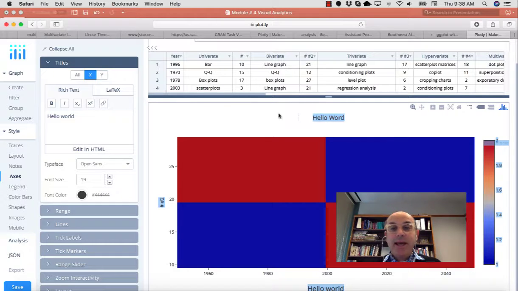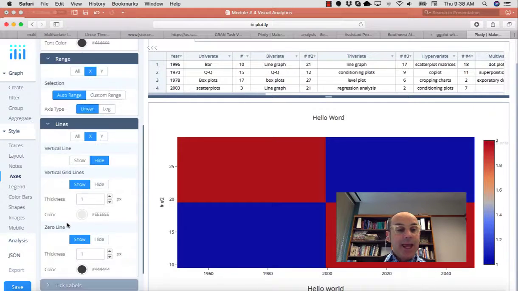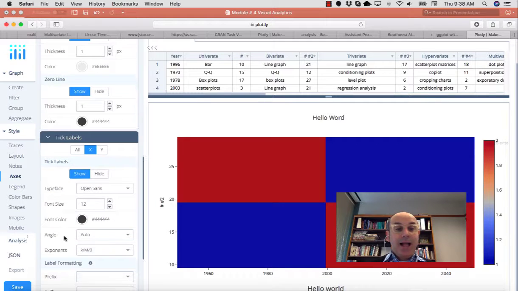And I can make it bigger or smaller or anything else. And at the same time, the browser is my platform, and I can do range, lines, labels,